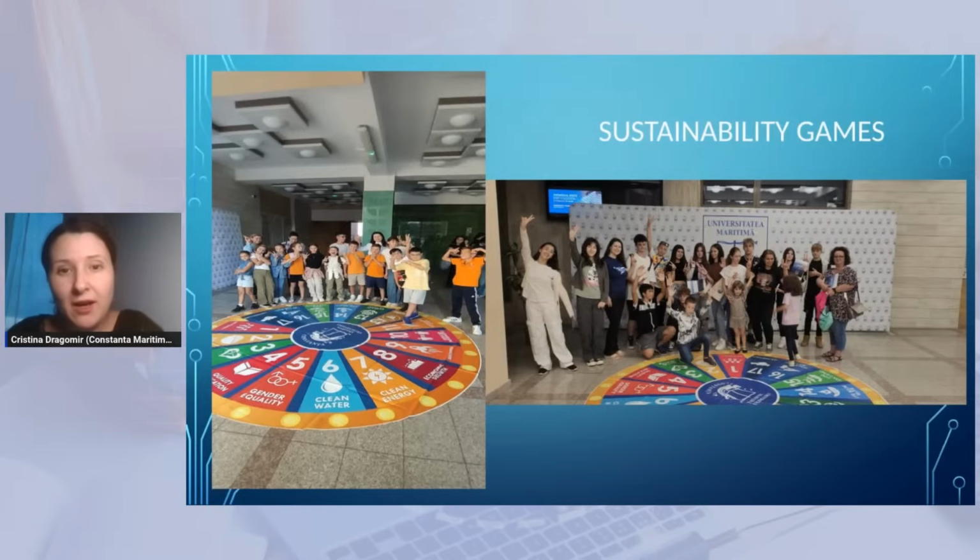In these two images, there is an example of a game that I thought would be useful to transmit information related to the Sustainable Development Goals, the United Nations 17 Sustainable Development Goals, the 17 SDGs, and we prepared this type of wheel, which is printed on a plastic material, or a type of canvas. And when we have visits from high school students, or from primary schools, or from the middle schools, during the open days of the university,